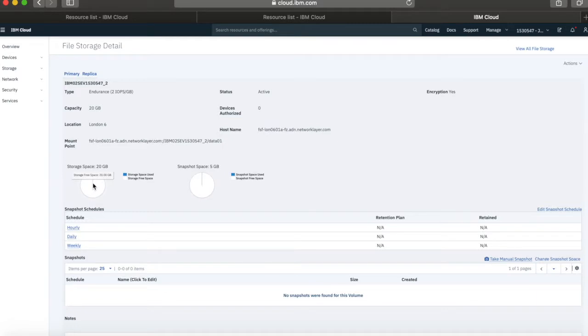So looking down here, you can see what space you've got. At the moment there's nothing here, so you can see I've still got 20 gigabytes of free space. But as that fills up, you can see how much is used and how much is still free. Same with the snapshot space as well. As you create snapshots, you'll see this slowly fill up. So it's something worth keeping an eye on, because obviously if that does fill up, then you may need to go and provision some more storage space or